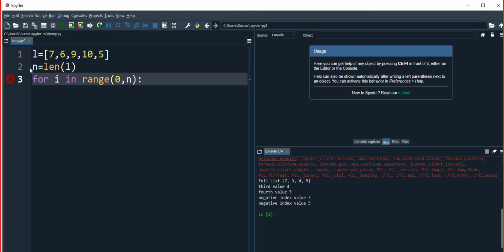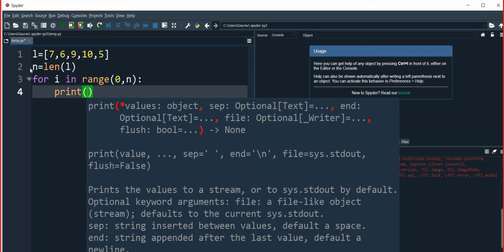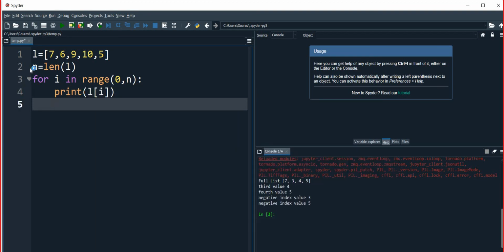Okay, print L of i. Okay, clear? Now see, here I have written i.